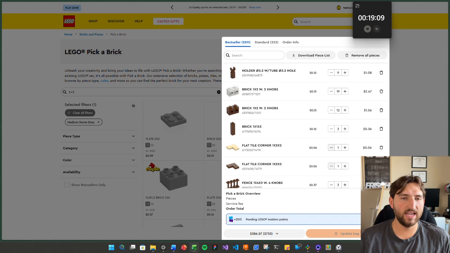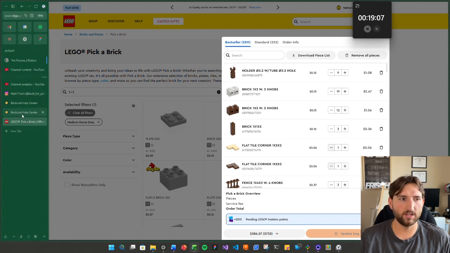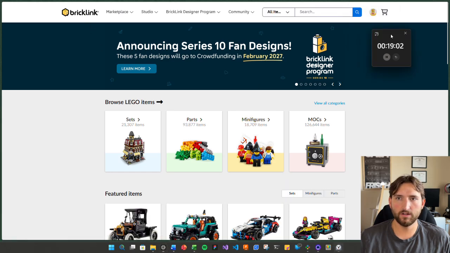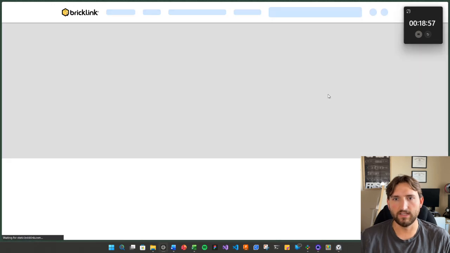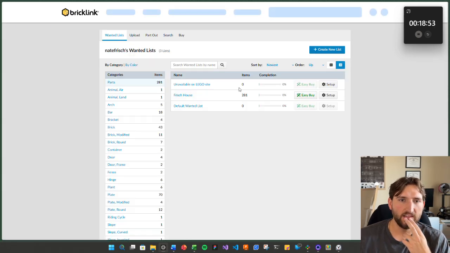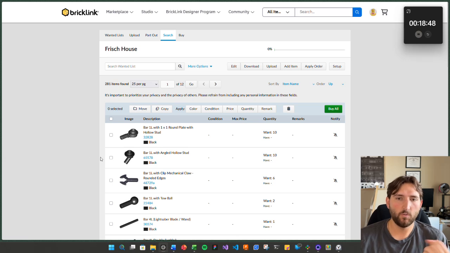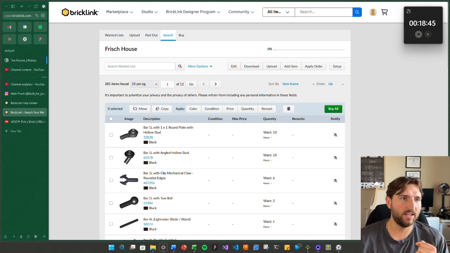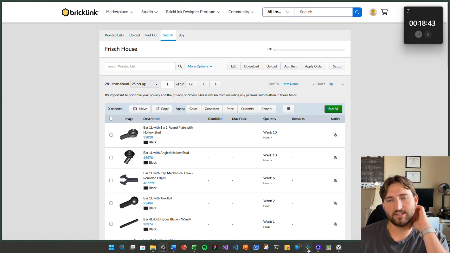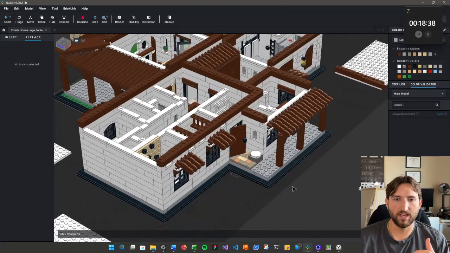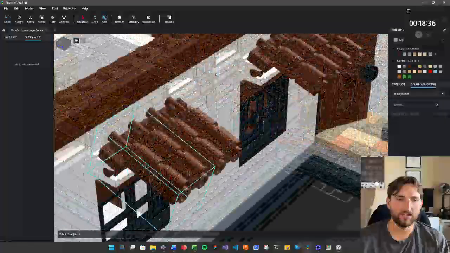a lot of the pieces that weren't on here that we then have to go to Bricklink and buy were like, let me log out of that. Where's my wanted lists? Yes. So I was able to get a bunch of pieces here that Lego doesn't sell, but they're still expensive here. One of the comments let me know that it's just because they're like an old piece that Lego doesn't have anymore. So I'm going back through here and replacing them with pieces that they do supply, and so then